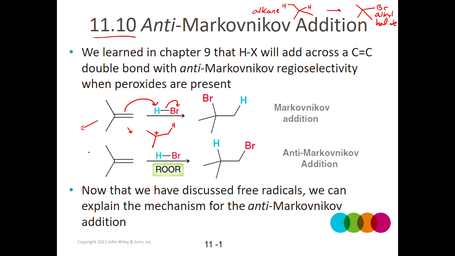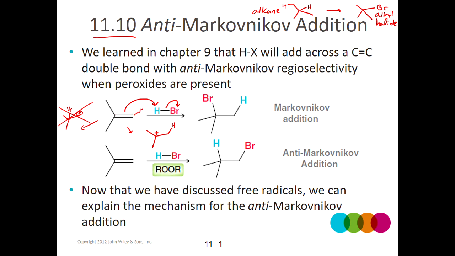So we could imagine, alternatively, the hydrogen could add here, but that would leave a primary carbocation, which is really prohibitively unstable, so it's not going to go through that pathway. Right? So we had regioselectivity, Markovnikov addition across a pi bond